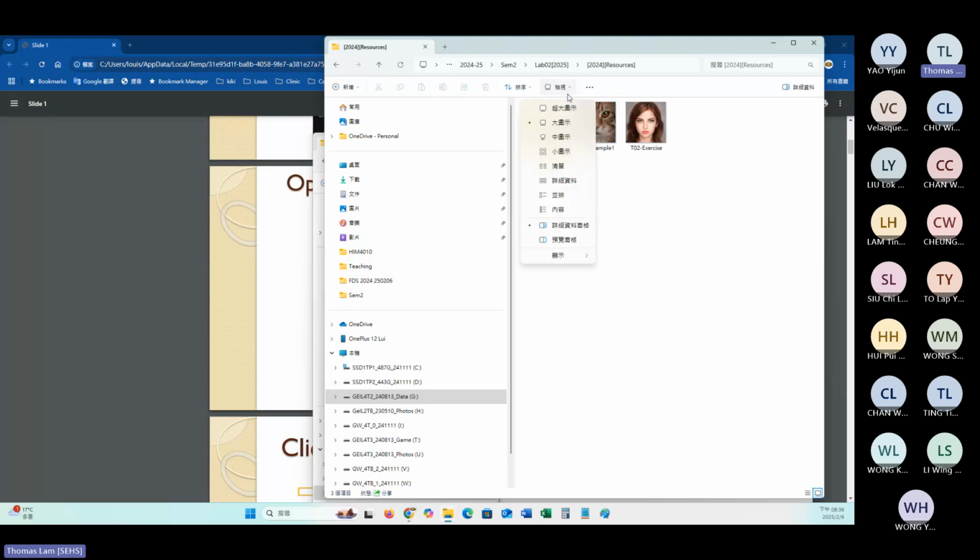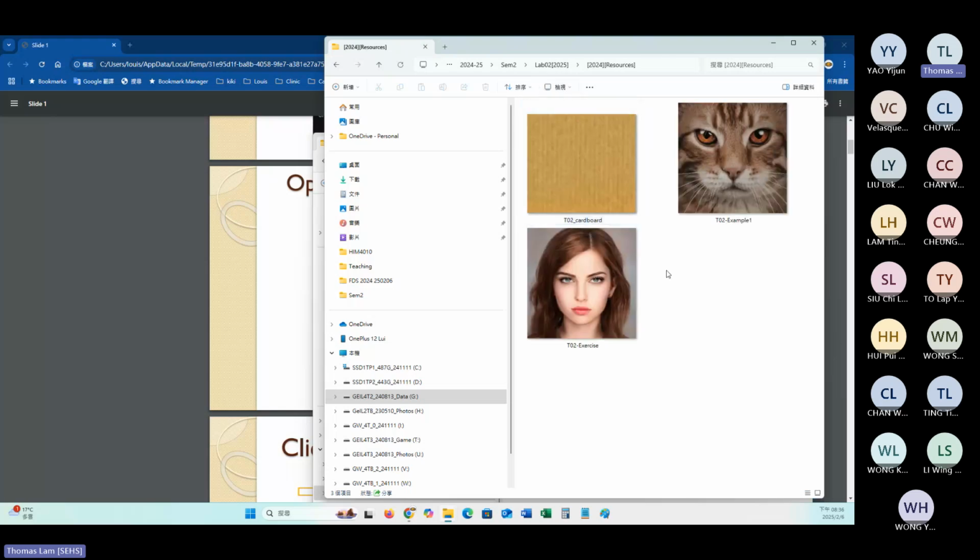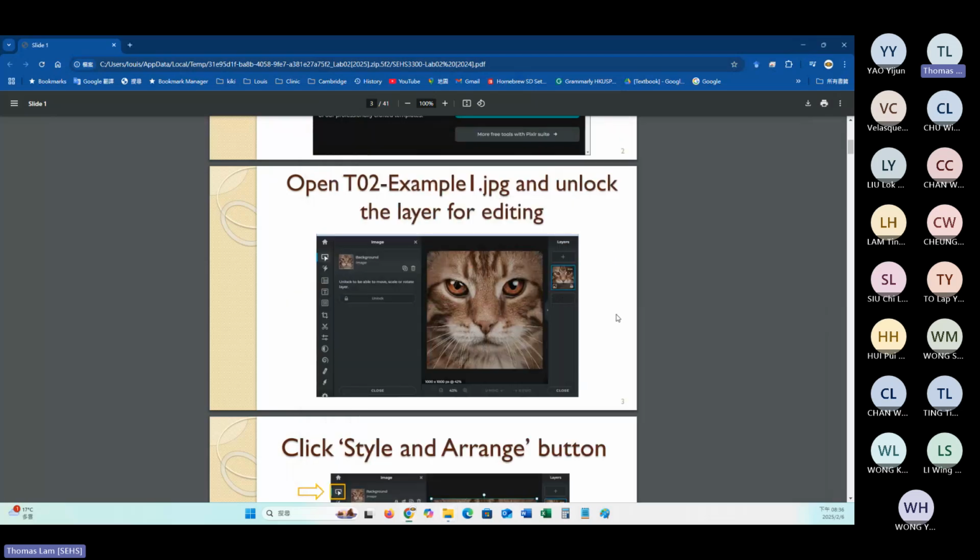You may notice that we have three photos: one is the couple, the other is a cat, and another is the beautiful ladies. You need to follow the steps there in order to experience the various features.